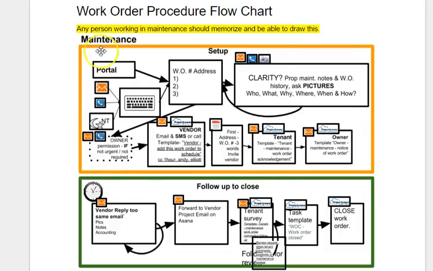This is the starting part of a work order, and then we have a follow-up part of the work order, and that's the ending part. So, kind of the ending sequence and the starting sequence. There's more to it than this, but this is a simplification, as all flowcharts are. So essentially,